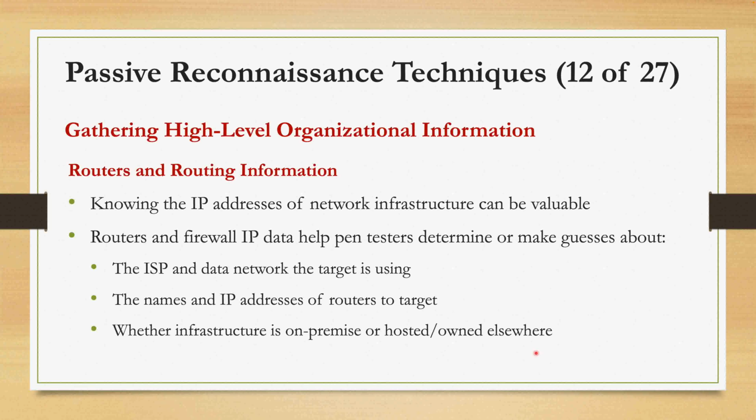And by the way, when you test the routing information, it can help you determine whether the target's infrastructure is managed on premises, like in the building of the organization, or hosted by a third party. Because each one of these requires a different approach for penetration testing here. So this can be helpful for you. And of course, tools like traceroute, Nmap, and other tools will help you determine if they are located on premises